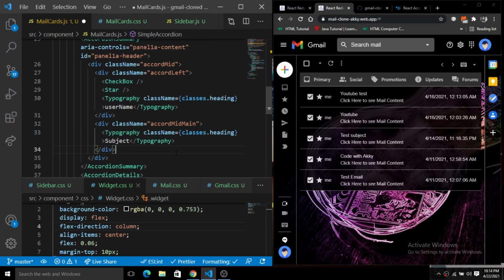Okay, so we are using hard-coded text every time here. When we send an email, we will directly push this email to Firebase, then we will re-render the email, the exact thing that we are looking at here on the screen. So basically we are just creating the structure for it. We are just building the front end here, and later we will add the backend. We will use the backend to add the data dynamically on the screen. So I'm just going to create the structure initially, and then we will add all these features.